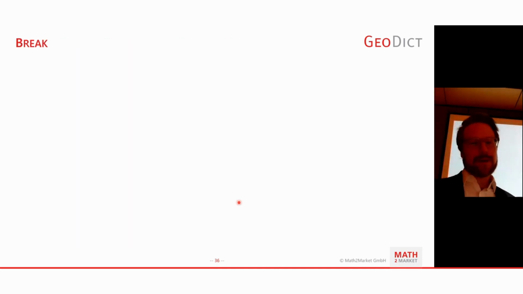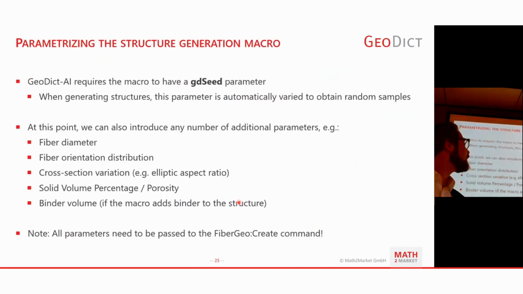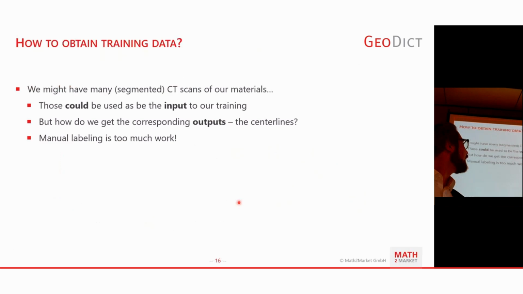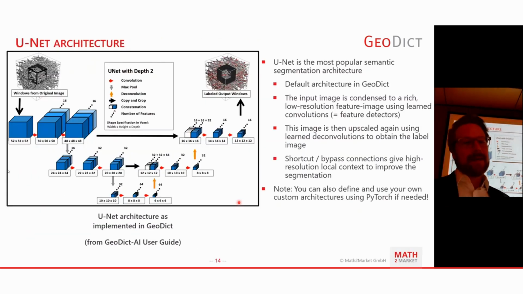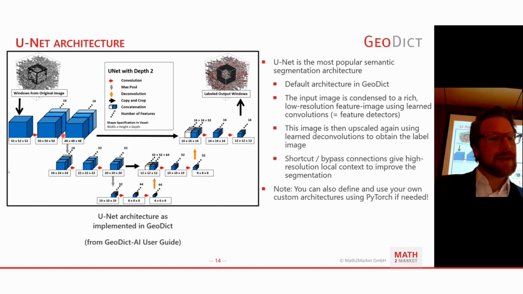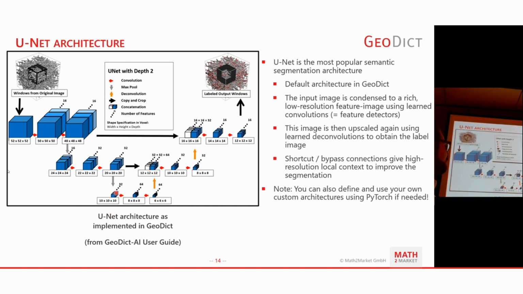And just for illustration purposes, let me quickly go back to the UNet diagram. Here, the UNet again. The depth is basically the number of steps downwards that you have here. I'm not sure if this is 2 or 3, but if you increase the depth, you will get another layer here in the UNet. And the number of features, this 16 in this case, is the number of features extracted here. So both increasing the depth and increasing the number of features increases the complexity of the neural network. So it broadens basically the range of configurations that it might be able to learn.